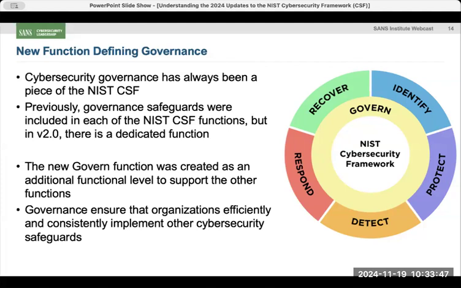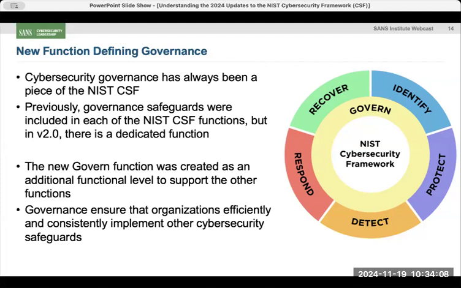That way, I can give the governance safeguards to a governance team, or, in terms of the Institute of Internal Auditors, we could talk about this as a second line activity. And then I can go to my first line folks and talk about protect controls or safeguards or detect safeguards, those kinds of things. So again, the reorganization makes total sense to me.